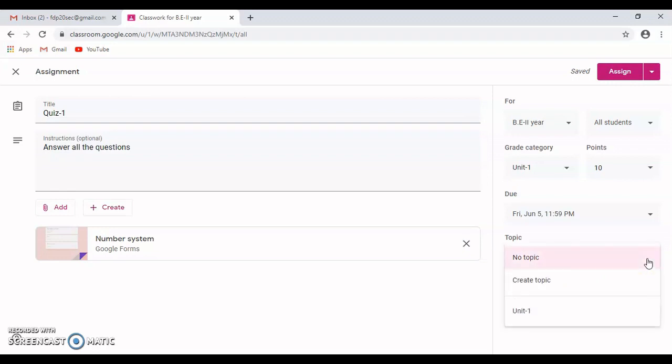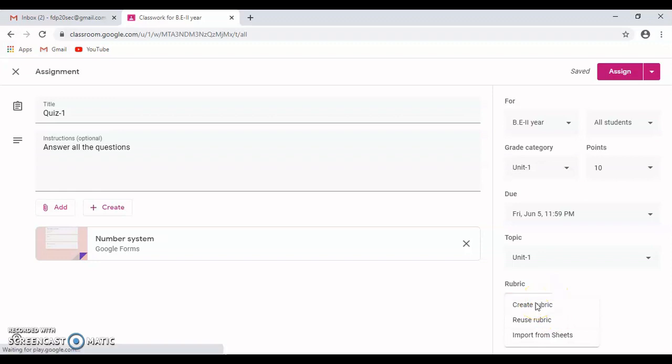Here the interesting thing is rubric. We can create a rubric for a quiz assignment as well as assignment questions. I click on rubric. We can reuse a rubric from a classroom, but I have not created a rubric for the other classroom, or import from sheets. Since I have not created a rubric, I am going to create it now. I click on create.